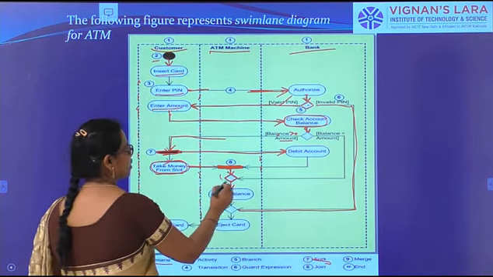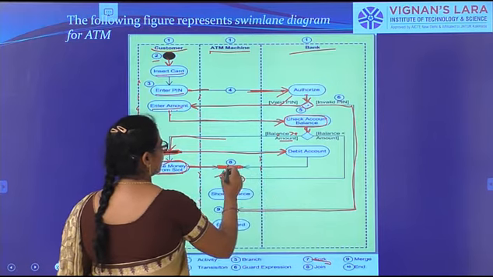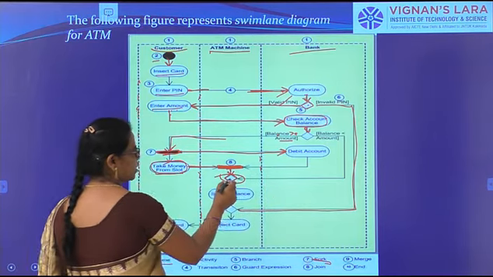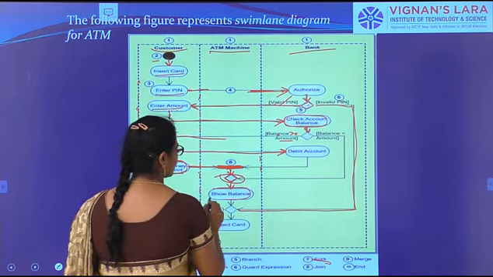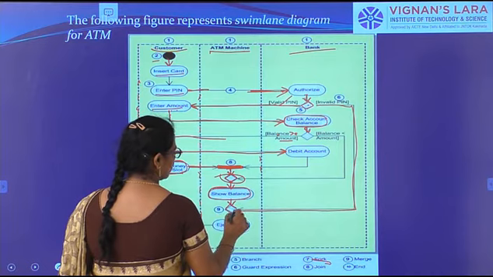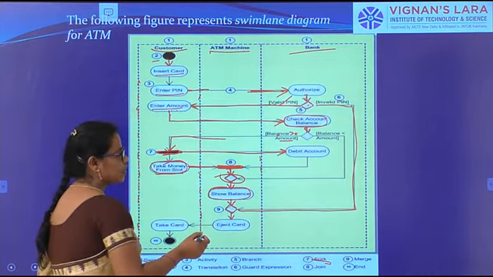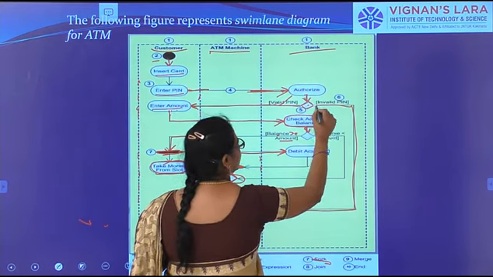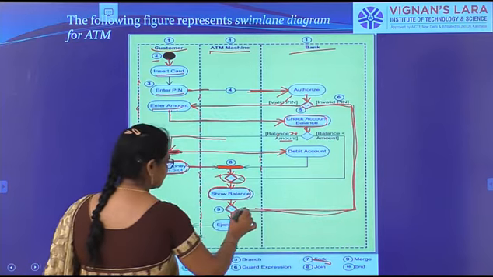So here there is some decision. The amount we debited, it has to be shown to the user or not. Decision making. So we have to show the balance. After showing, again there is some decision: eject the card, or make any more transactions. The invalid PIN, that means a wrong password, will come over here.